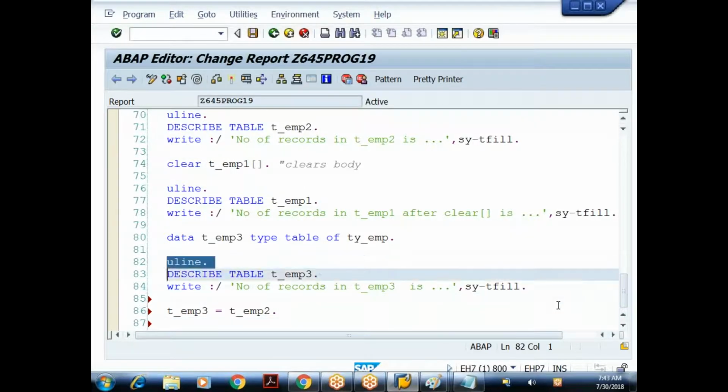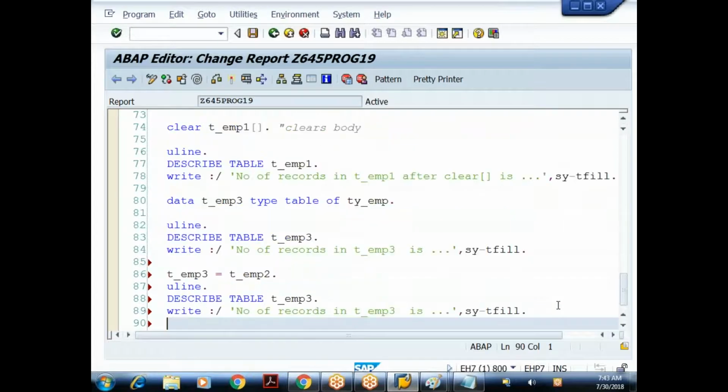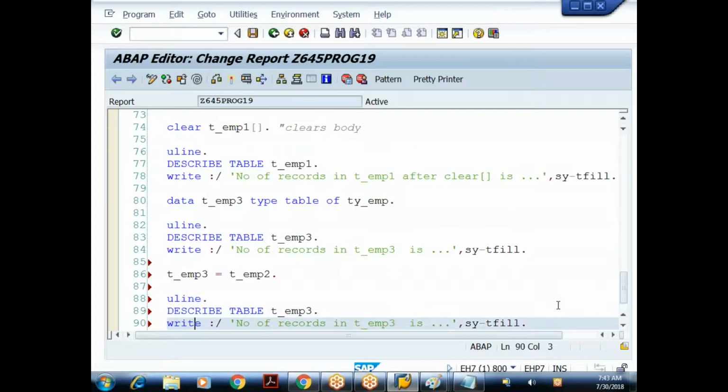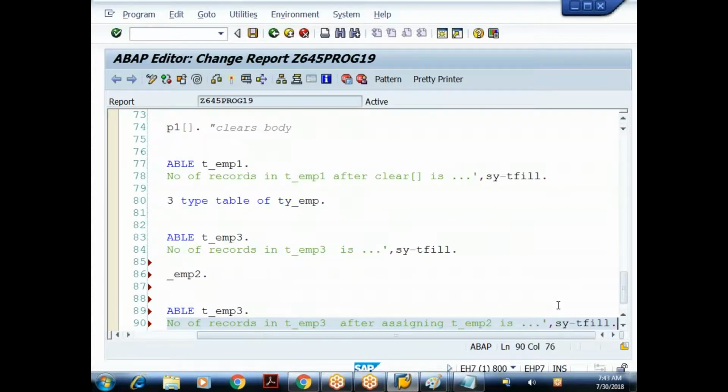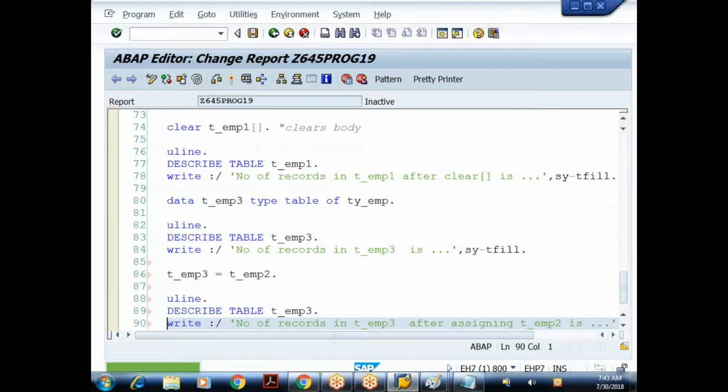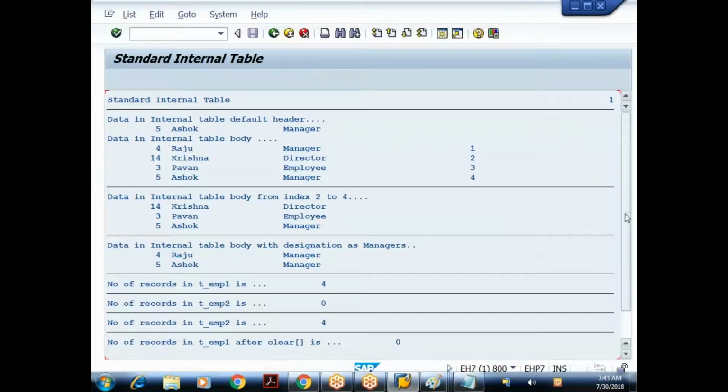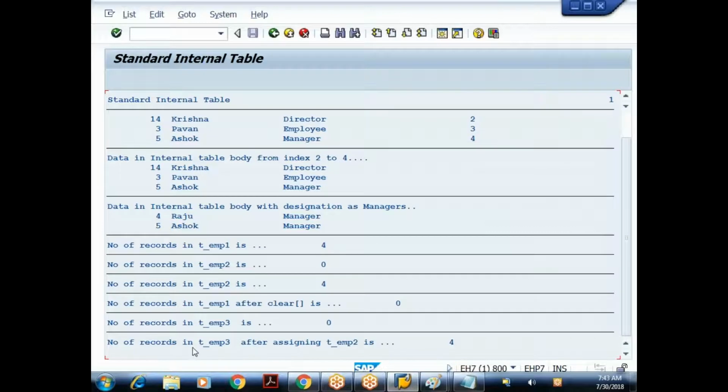Let me check it. Number of records in T_emp3 after assigning T_emp2 should be 4 records. Yes, 4 records. Done.